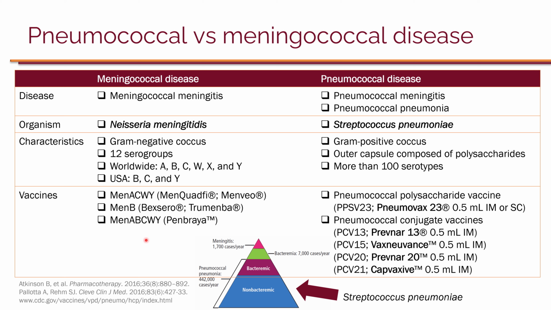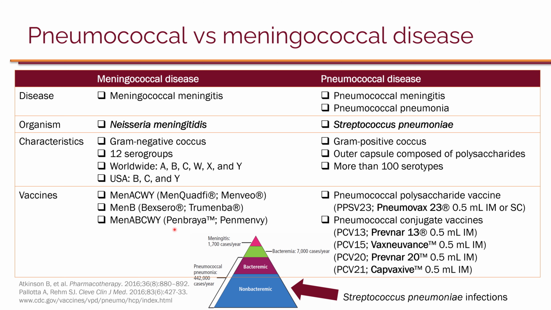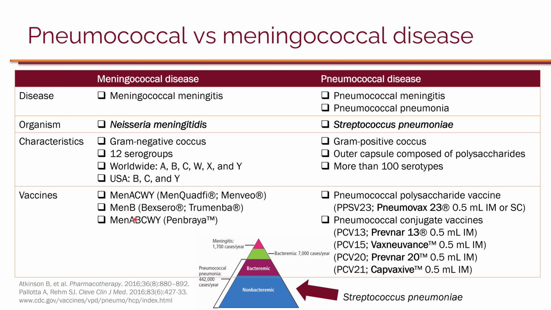And there are different vaccines on the market. For example, there are ones that target serogroups A, C, W, Y. There are some vaccines that target only serogroup B, and more recently we have vaccines that target all 5 of these that are most commonly causing disease, including Penbraya and Penmenvy. So if somebody wanted to reduce the risk of developing meningitis, because there are 2 organisms that cause meningitis, they need vaccination against Streptococcus pneumoniae, so pneumococcal vaccine, as well as vaccines against Neisseria meningitidis,